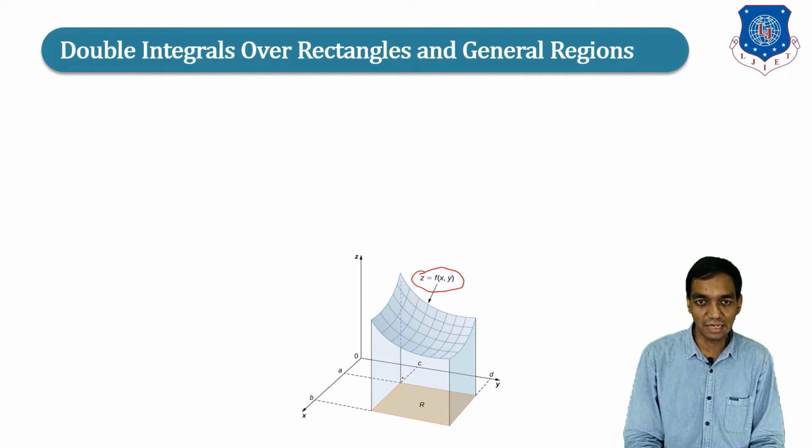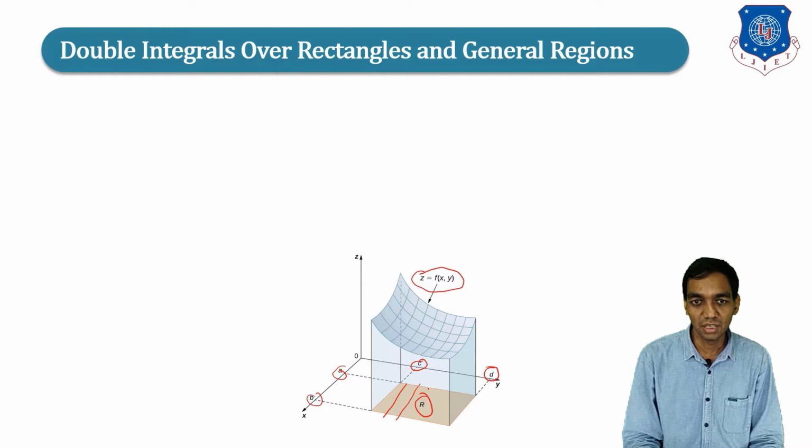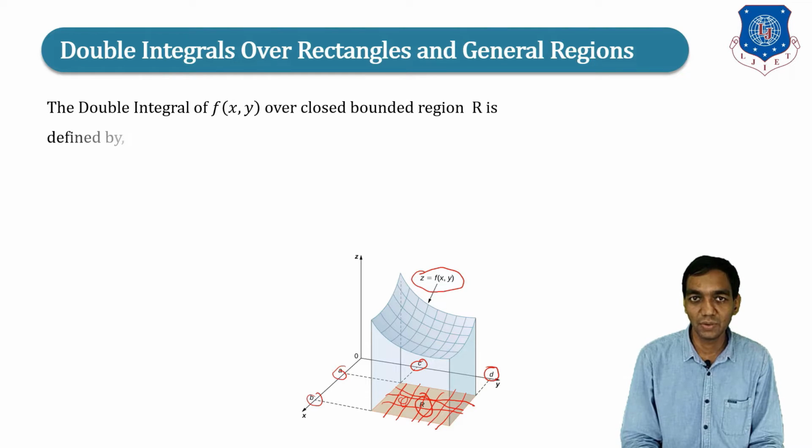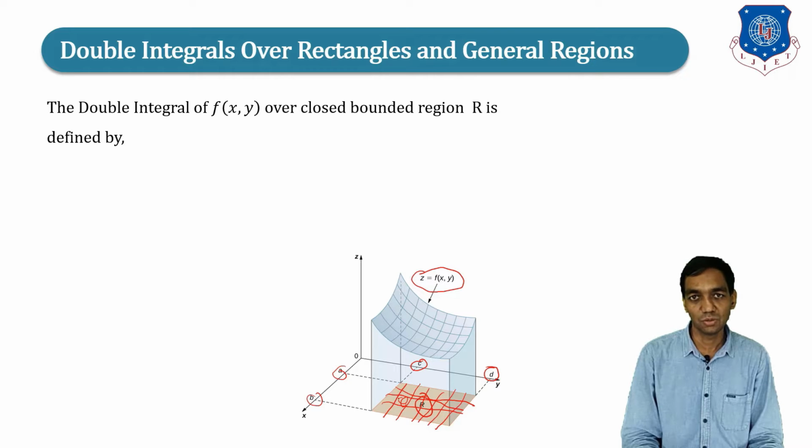You have been given some rectangle region in the xy plane. Here R is a rectangle region in the xy plane, and x varies from A to B and y varies from C to D. That means you have a rectangle region in the xy plane. Now, if you take a small partition of this region, that means you take some lines parallel to x and parallel to y. Then you will get small rectangle regions. That will give you the small area, and using that, we are going to define the double integration for the surface f of x comma y.